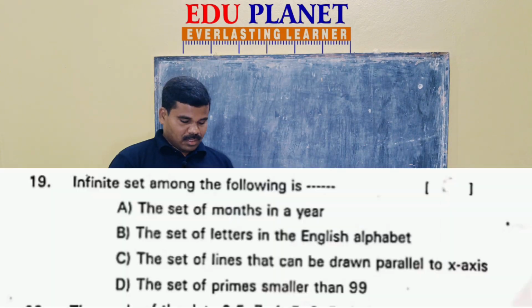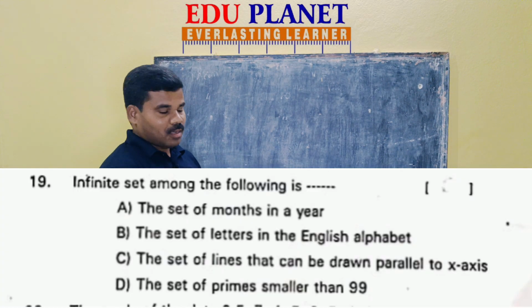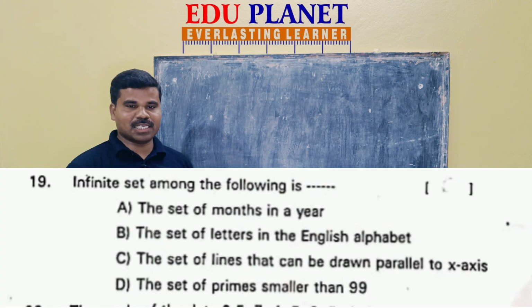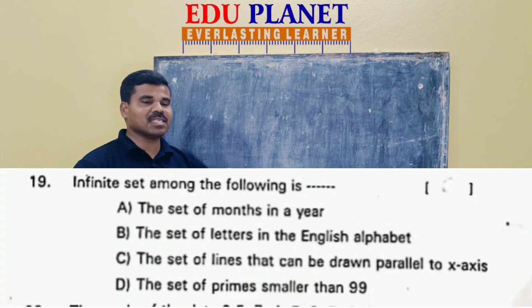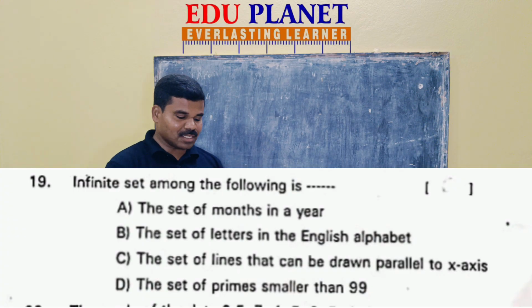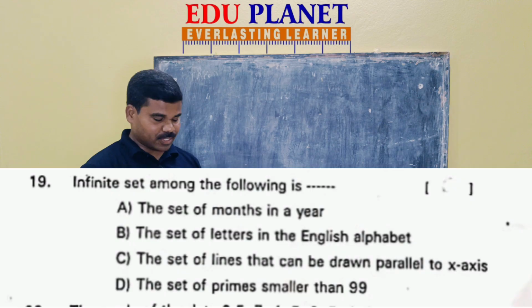Next, question number 19. What is the infinite set out of these 4 sets? The first one is the set of months in a year. Months in a year, how many months will be there? 12 months. It means it is a finite set. Second one, the set of letters in the English alphabet. In the English alphabet, totally 26 letters will be there. So this is also a finite set. Next,